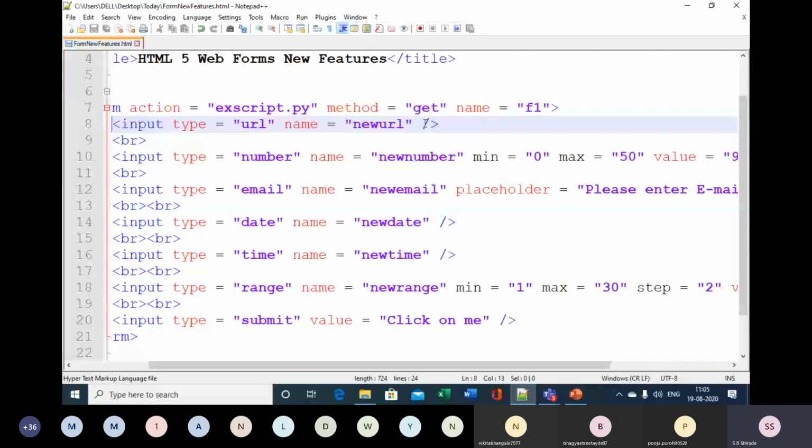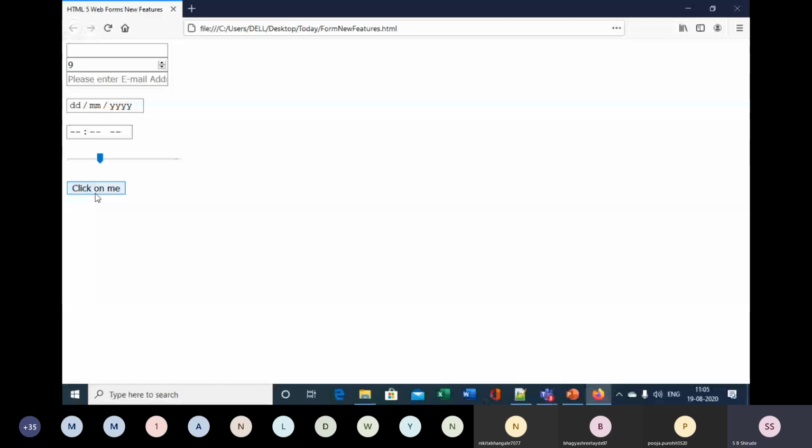Launch in Firefox. Now if I click on the button, it gives "Please fill out this field", because this is the required attribute. Otherwise, it will not allow us to go further. So I should compulsorily fill this particular control.